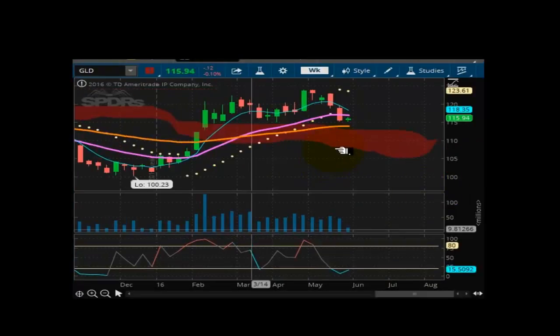Looking at GLD, as you can see, is in a nice defined downtrend now, coming off this previous high here, and momentum is oversold, right? But not just ready to turn up yet. That's the thing about it. We have to watch this one to see. It could turn up from here, but it could be a weak turn, instead of a sharp one like we had back here. All right, we had a sharp turn up. We're not seeing that so far in this one. This market remains